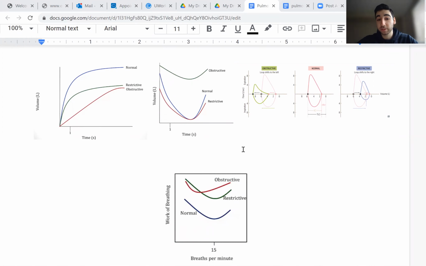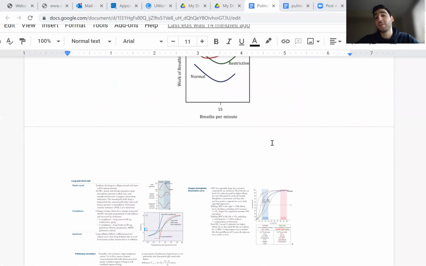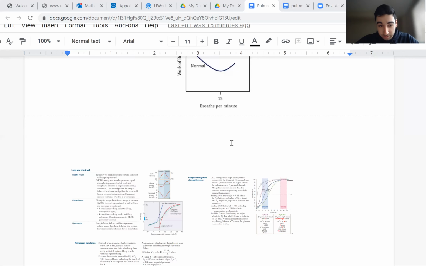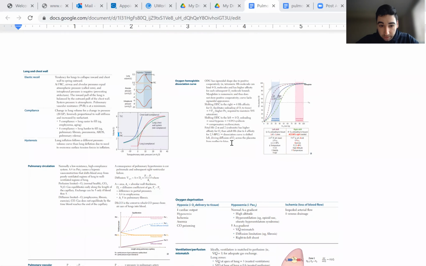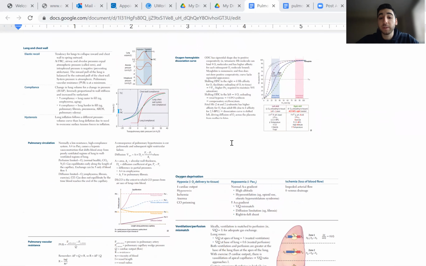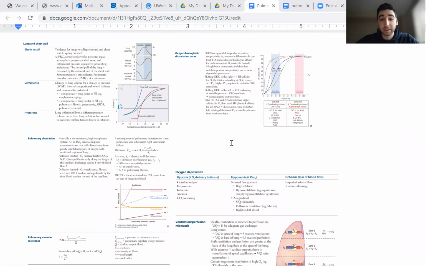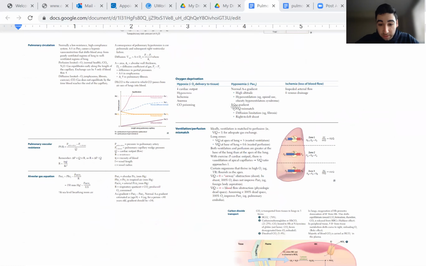And if you have any questions about this, you can email me or you can review the video to see why these graphs are the way they are. And also there's a lot of other pulmonary physiology I didn't want to touch upon, and I put it in here for you guys. In case you want me to touch upon anything here, if you feel like this stuff is constantly stumping you, just send me an email,